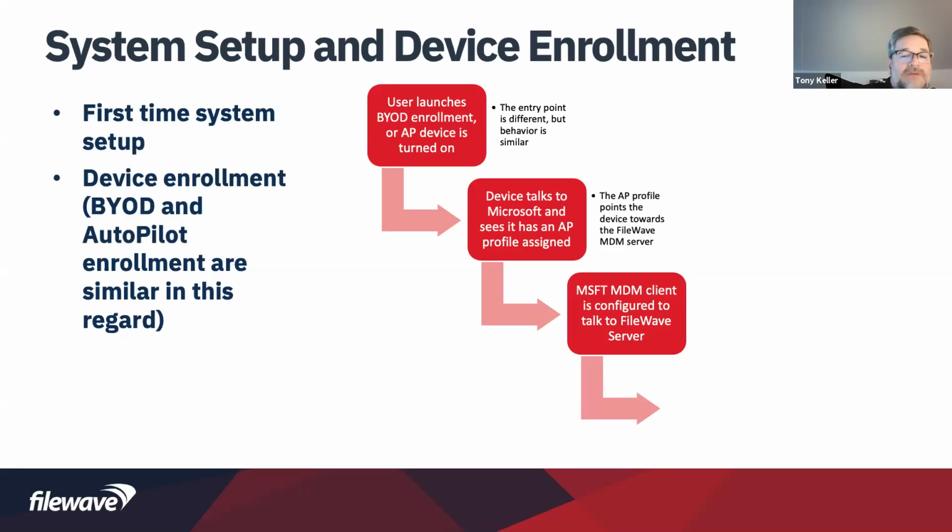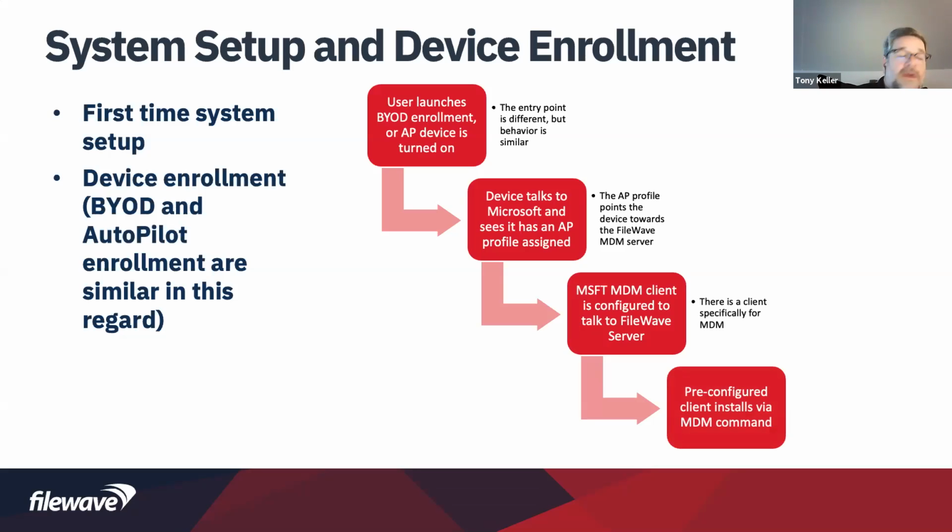That Microsoft MDM client, whose name escapes me right now, is included on Windows 10 devices. This configuration is configuring that client to talk to your FileWave server, right? So it talks to the FileWave server, and from there, our pre-configured FileWave client is also deployed via an